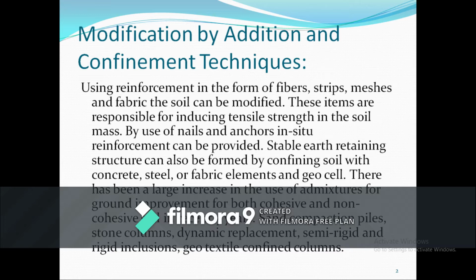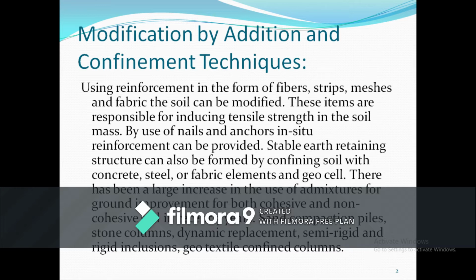These items are responsible for inducing tensile strength in the soil mass. By use of nails and anchors inside, reinforcement can be provided. Stable earth retaining structures can also be formed by confining soil with concrete, steel or fabric elements and geocells.